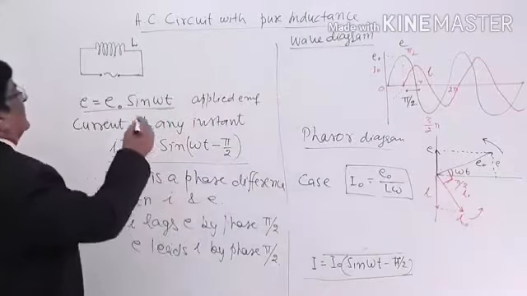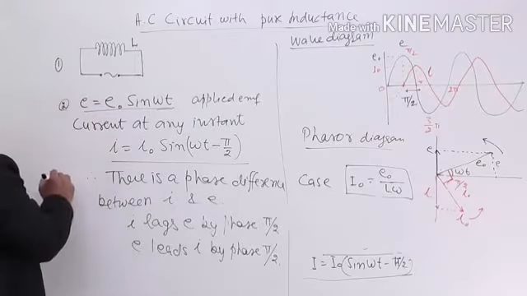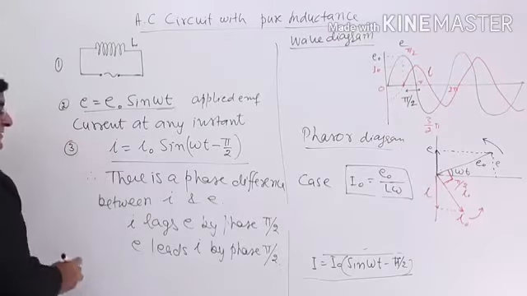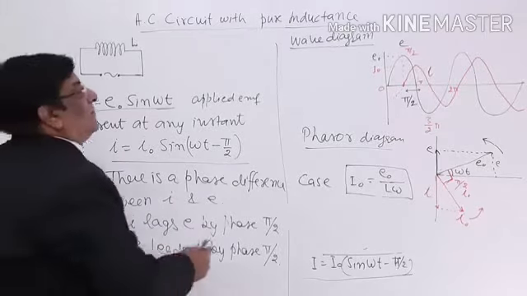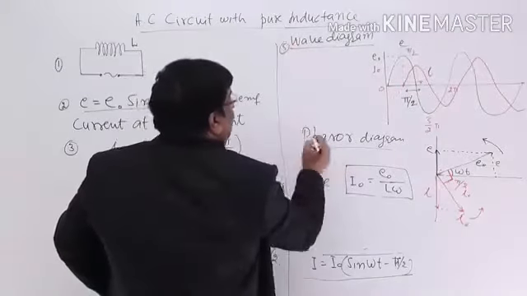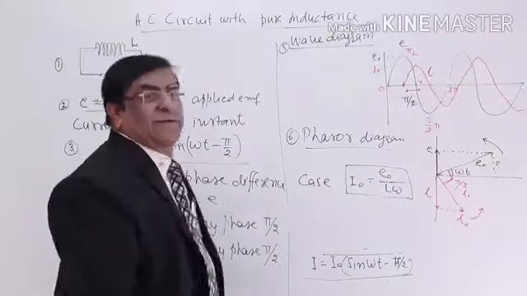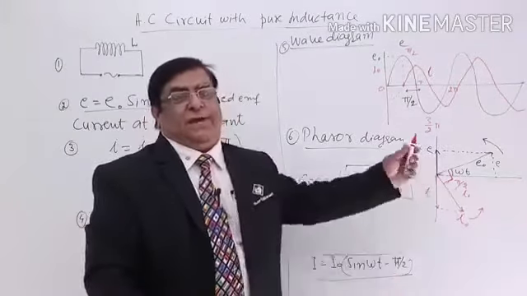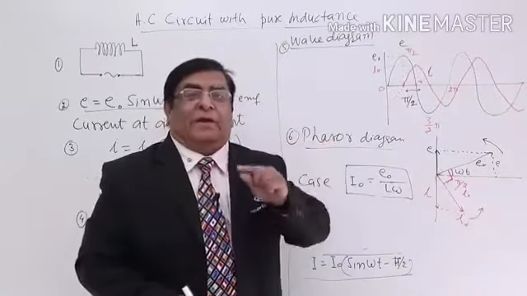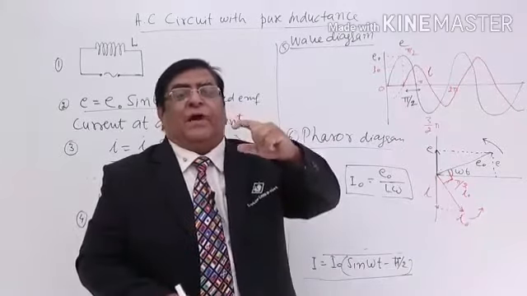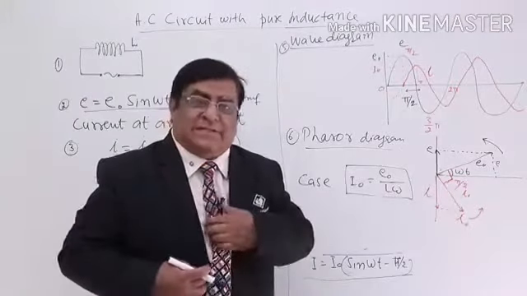So far we have seen the circuit diagram, the equation of EMF, the equation of current, the relation of I and E, the wave diagram, the phasor diagram, and now we come to the next and very important thing, that is opposition to this current. Is there any opposition to this current due to the inductor? The inductor is made of pure copper and its resistance is almost zero. It has no resistance. Then is there any opposition?